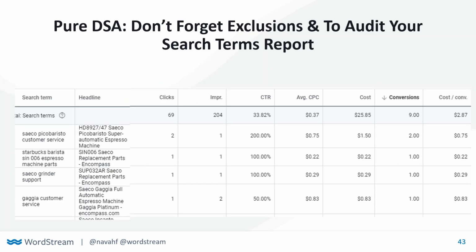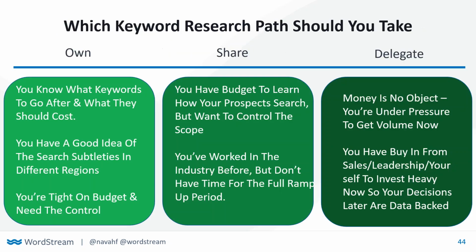Now with DSA, it is so incredibly important, unbelievably important that you're building in assessing your search terms, or if you're a WordStream customer, the query stream, in your weekly review. Because DSA's whole point is to teach you how your people search and potentially revisit ideas that you may have gotten rid of, which we're going to return to the slide in a minute. I want you guys to actually think about, I'm going to leave it up here for a second, what idea I might be talking about that we'd revisit, and we'll get to a little bit later in the webinar.